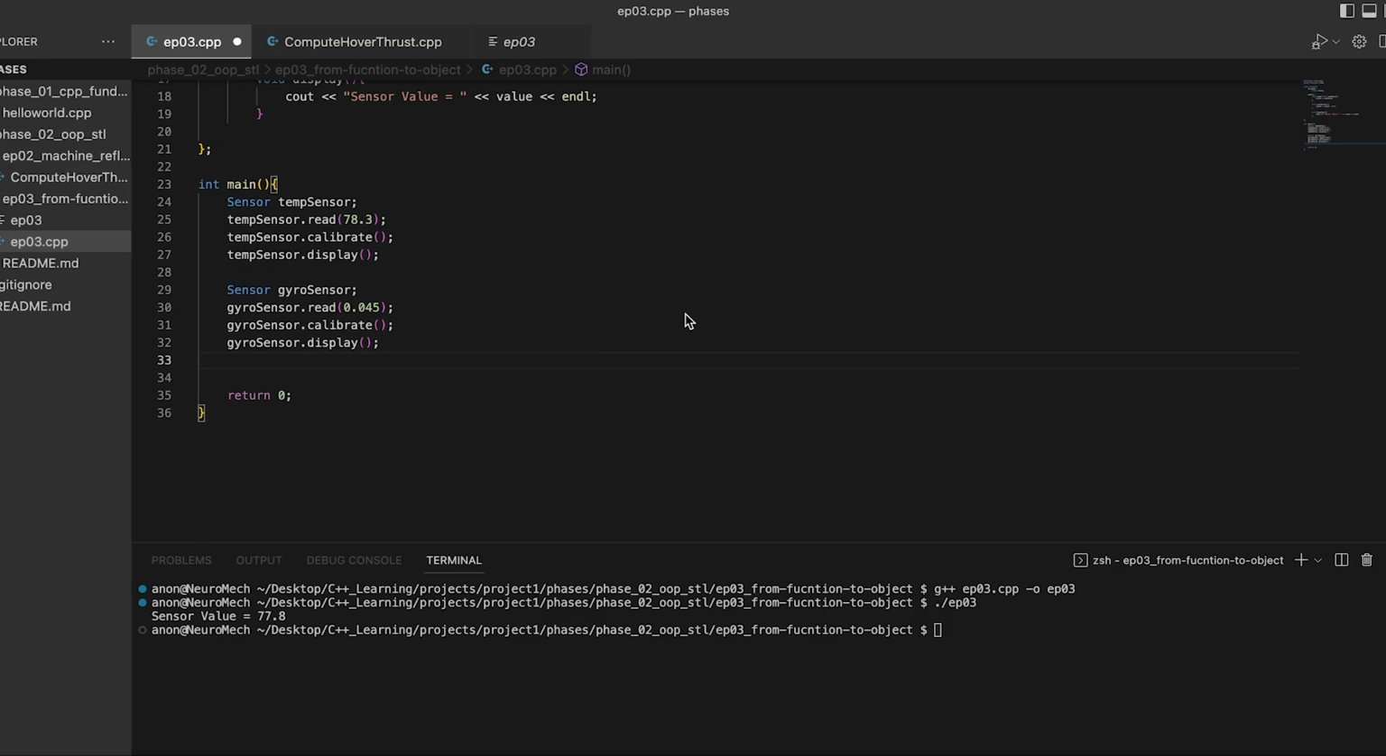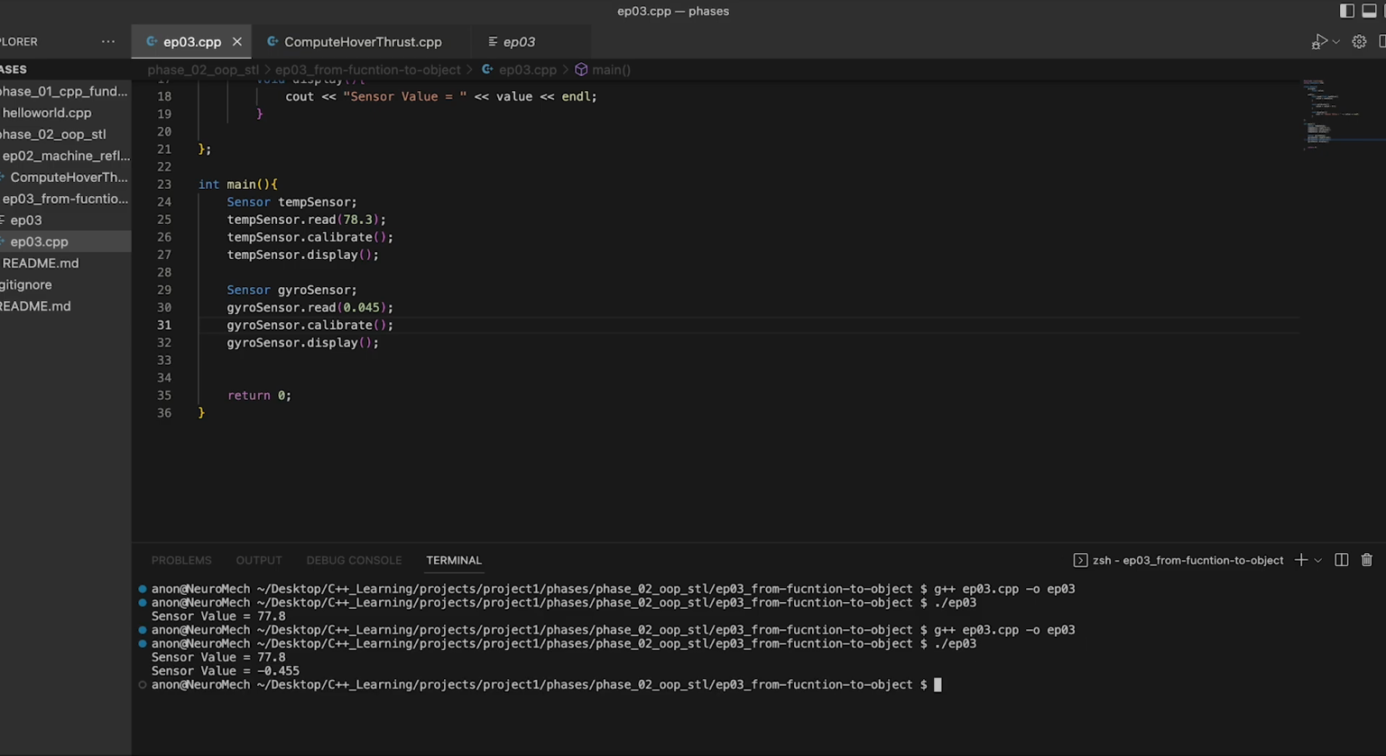Now we give gyrosensor its own reading, which is 0.045. Maybe that's angular velocity from a rotating motor, okay? Then we calibrate it, removing mechanical bias or drift or something, and then we display the result, just like we did in the temperature sensor. So we save it, and then here we just call function, and here we go. We have sensor value 0.4 minus 0.455. Okay, so two sensors,